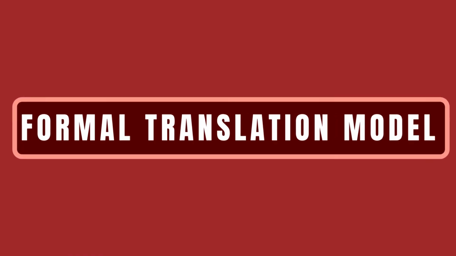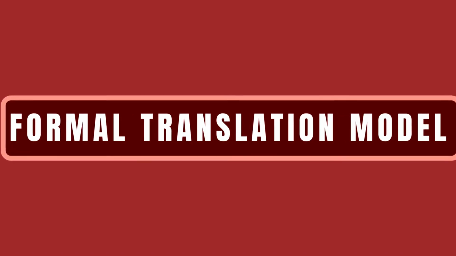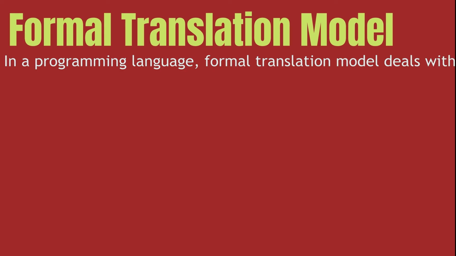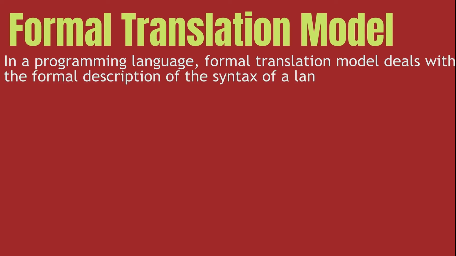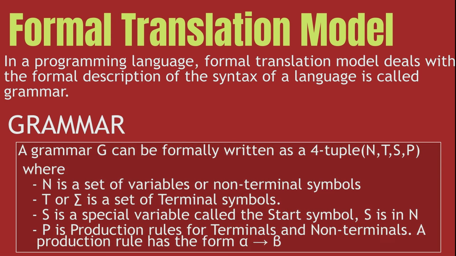Now let's look at the formal translation model for any programming language. Formal translation models generally deal with the grammar of that language. Thus, to understand it perfectly, we need to look at the grammars in programming language. A grammar is a set of 4 variables, namely N, T, S and P, where N stands for set of non-terminal